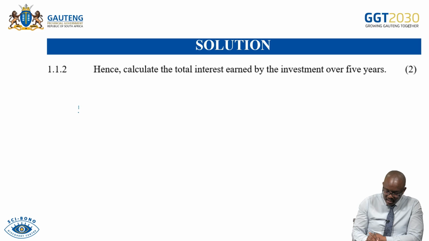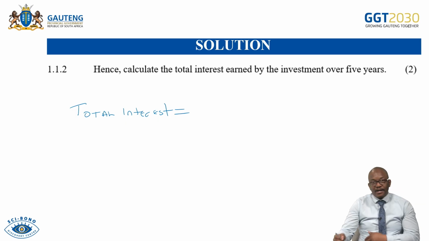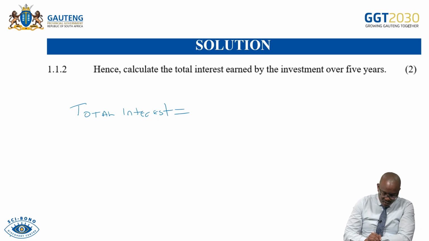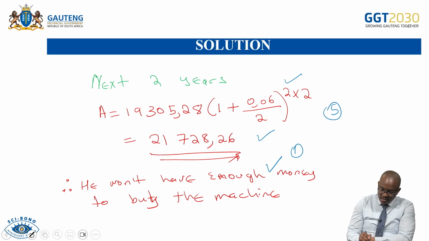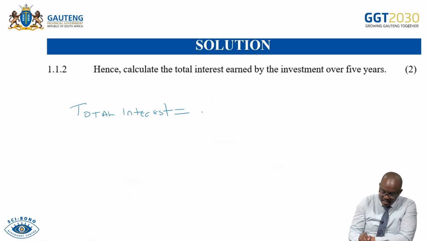So total interest earned. Total interest is equal to, remember, what we have accumulated. What we have accumulated over 5 years is